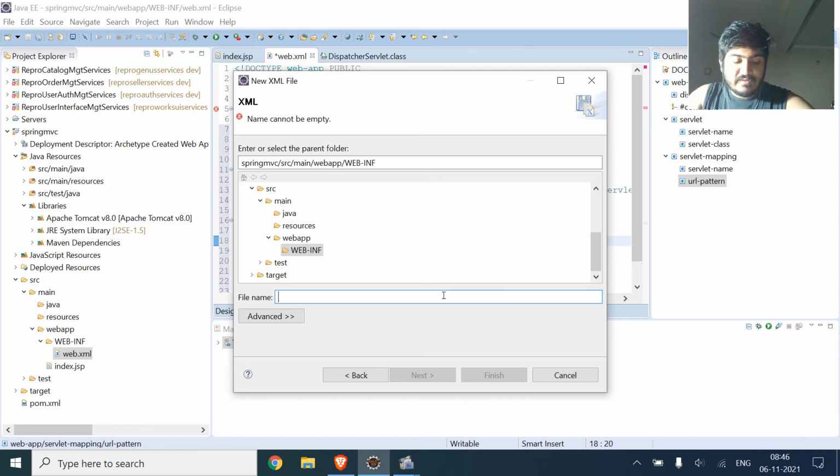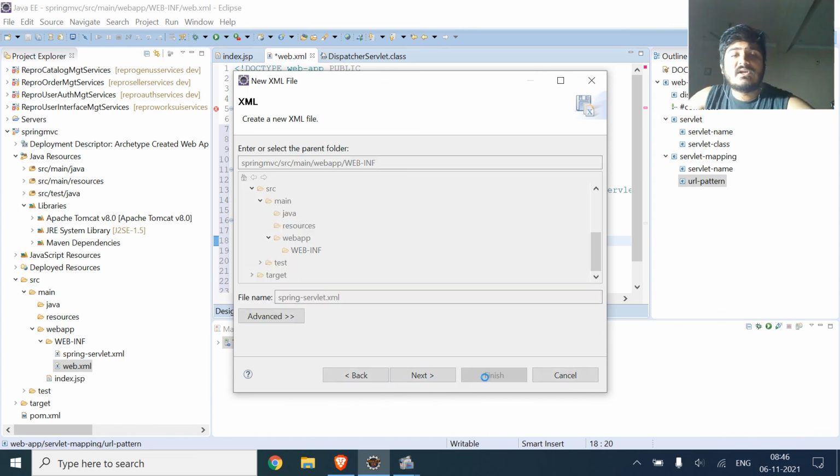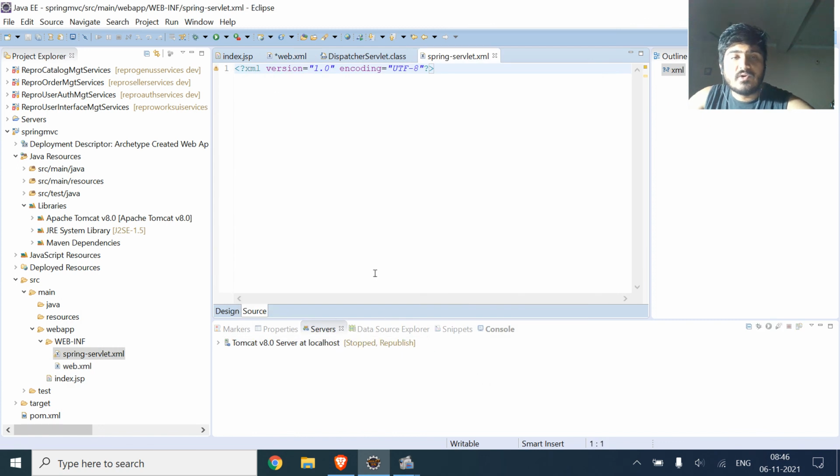And for that servlet we have given Spring as the name. And now we will write the dispatcher servlet name first. So this is basically the convention which we have to follow.